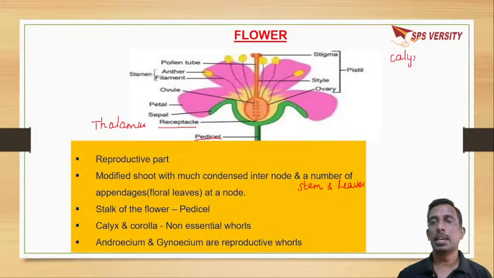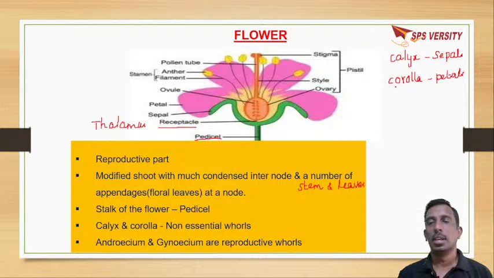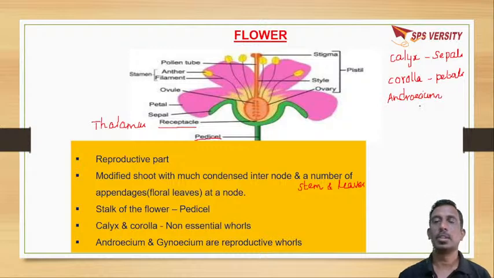The calyx is made up of sepals. The next whorl is corolla, which is made up of petals. The next whorl is androecium, which is the male part of the flower, made up of stamens. And the innermost whorl is gynoecium, which is the female part of the flower, made up of